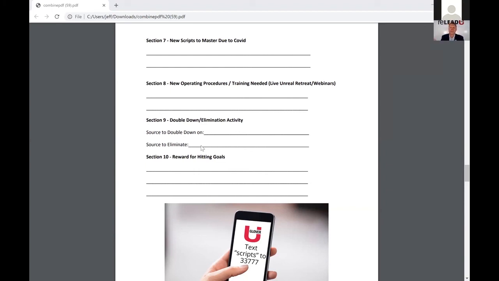Adding other pieces. The biggest mistake agents make is they spread themselves too thin. They dabble. I'm going to try this, I'm going to try that. The best agents in the business, the best brokers and team leaders running large teams, have 1 or 2 sources that they own, 1 or 2 sources that they're known for. What source are you known for? Honestly, if I were to ask your peers in your office, hey, what's Johnny good at?